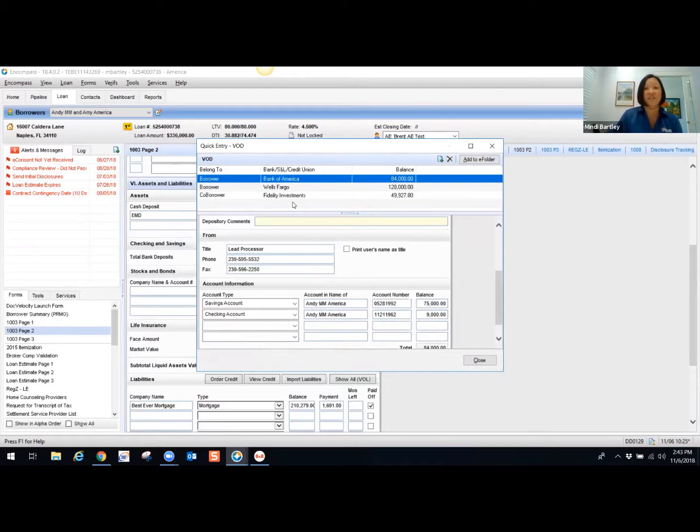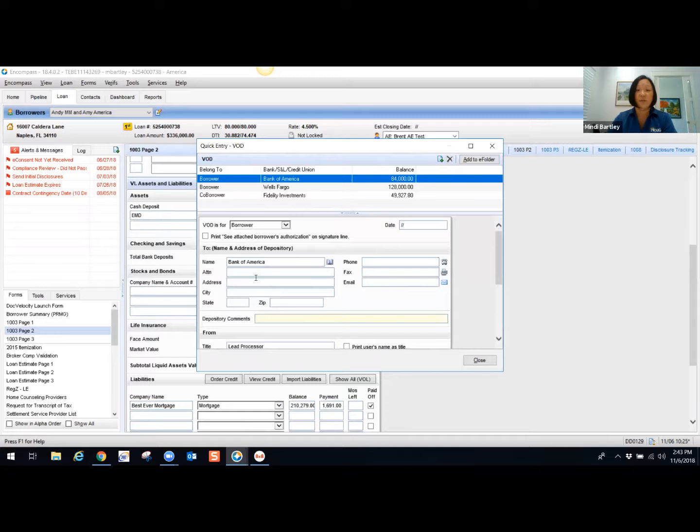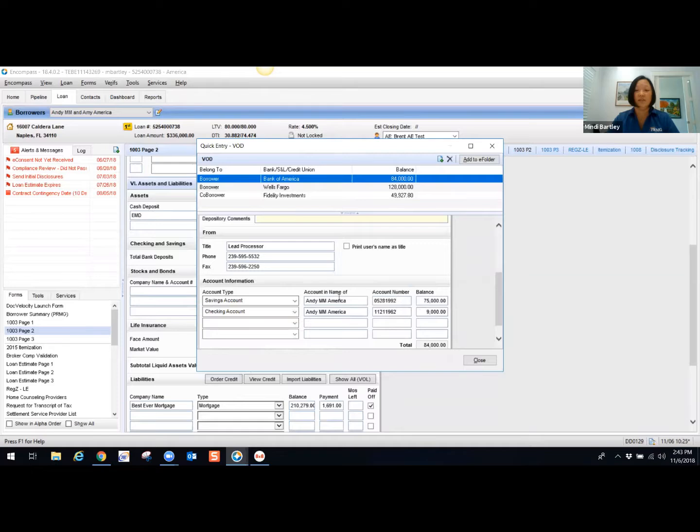The borrower should have completed their banking information in this section. It's your responsibility to cross-reference the borrower's asset documentation. Confirm that the fields for the bank name, the account type, the account name, the account number, and the balance are all correct and match your most current bank statement. If any of these fields need to be updated, it's your responsibility as a loan processor to update them accordingly to the documentation that you have in file before running your final automated underwriting and submitting the file